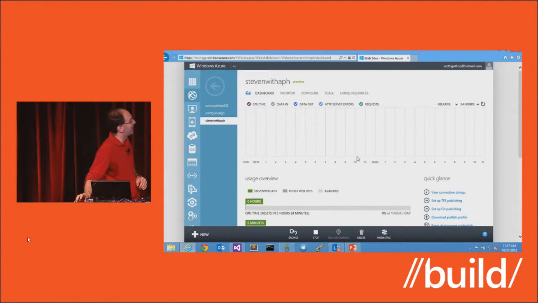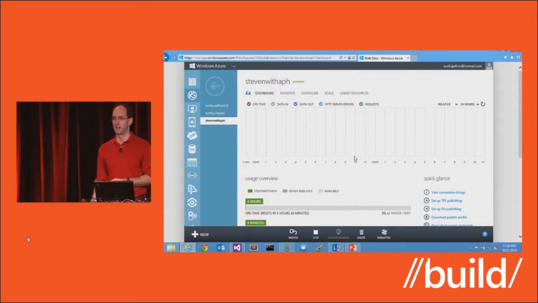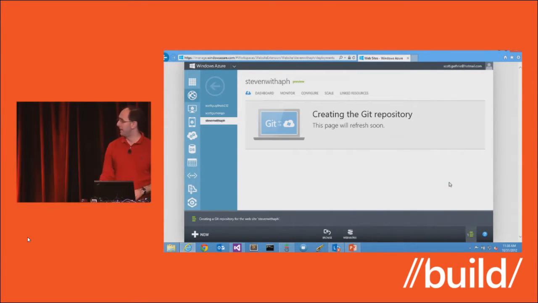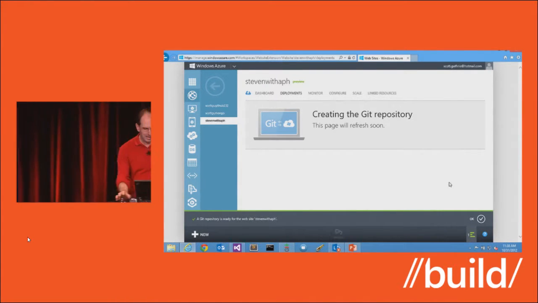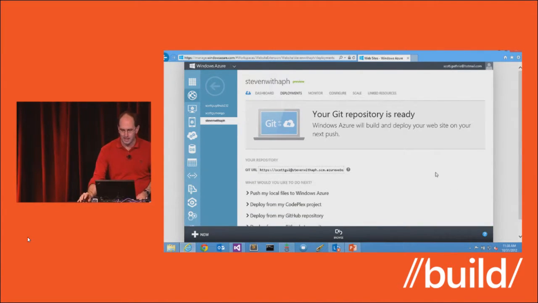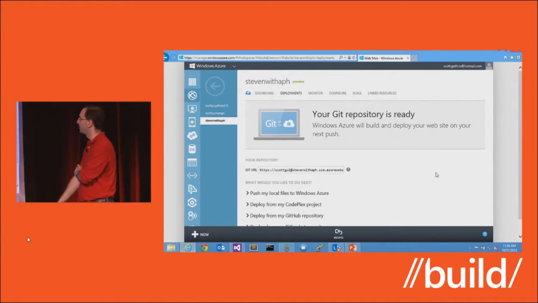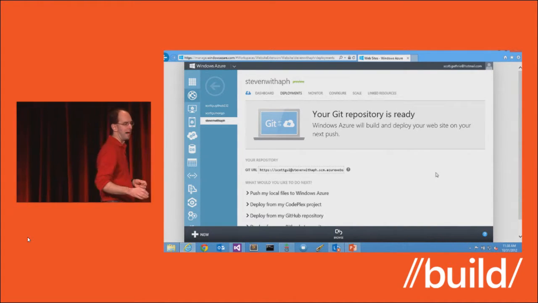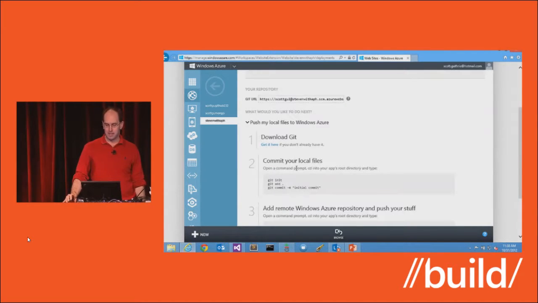I thought, hey, since you've seen those two demos, let me do another demo. Anyone here using Git? Okay, there are people using Git. We support that as well as FTP. So if you want to enable Git-based publishing with Windows Azure, you just click that link. And that's gone ahead and created for me a Git repository for my Windows Azure account. And that now allows me to very easily push files directly from my dev machine using Git up to Azure to deploy.